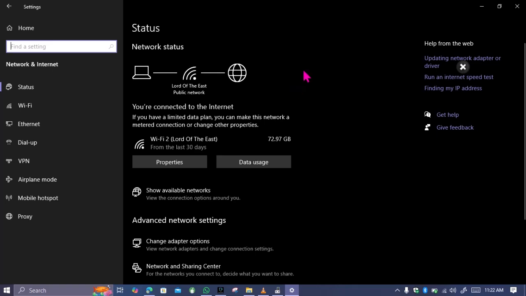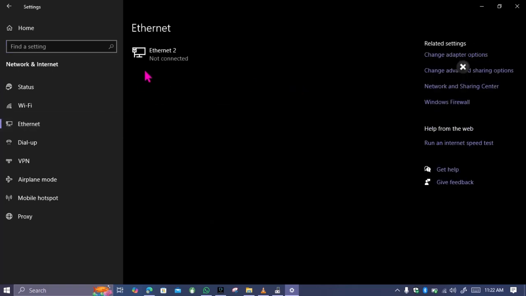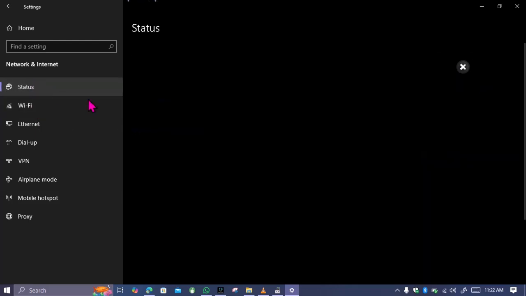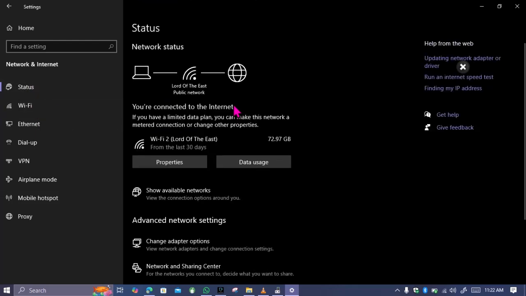Anyway, so what we want to do for the Ethernet, we have here Ethernet. Click on Ethernet. You can see it is not connected, but yours should be connected, and you can reset the usage there. Right now, the Wi-Fi I'm using, you can see Wi-Fi. So let's go back to status, and now the next tip I'm going to give you is that the data